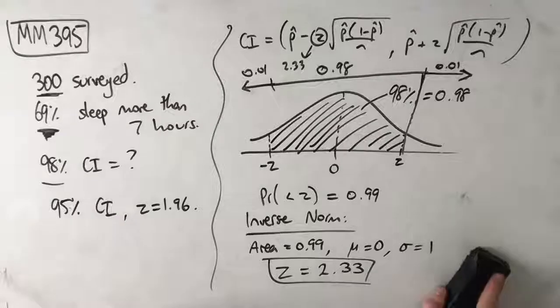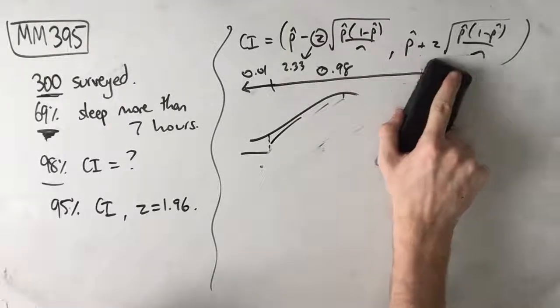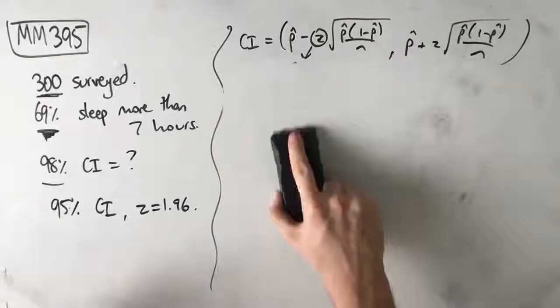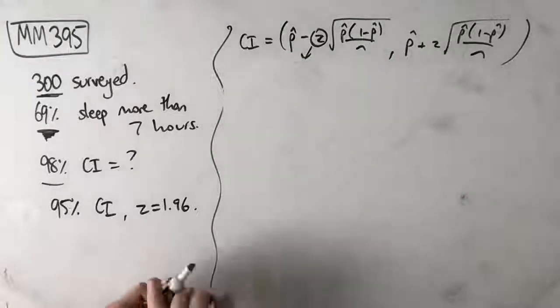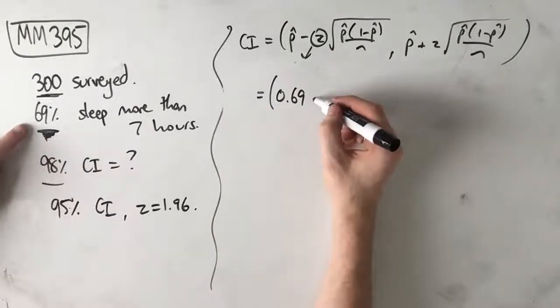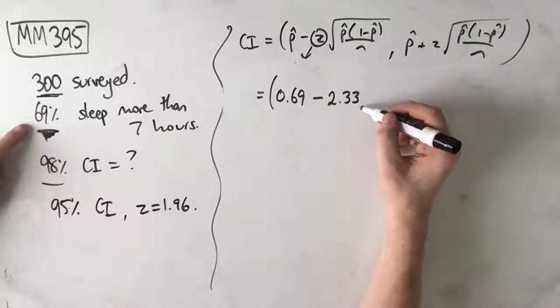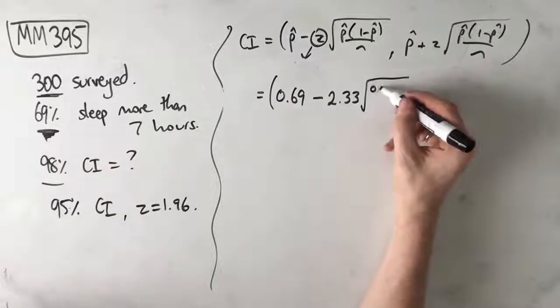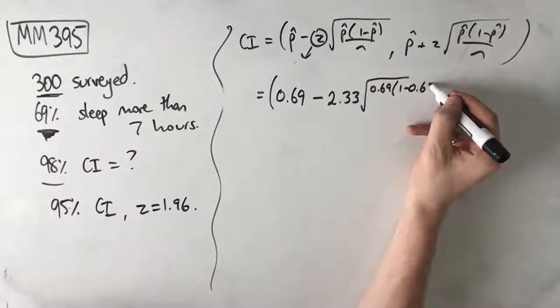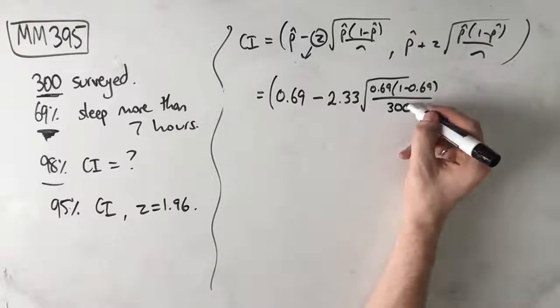Awesome. So let's get rid of this. If you need to have a look at this and just take it in, pause the video and take it down because I'm about to rub it out. Now, from here, we can just sub in our values. So we know that p hat is 0.69, that's our 69%, minus our z value, which we just found to be 2.33, times square root of p, which again is 0.69, times 1 minus 0.69 rather, n is 300,